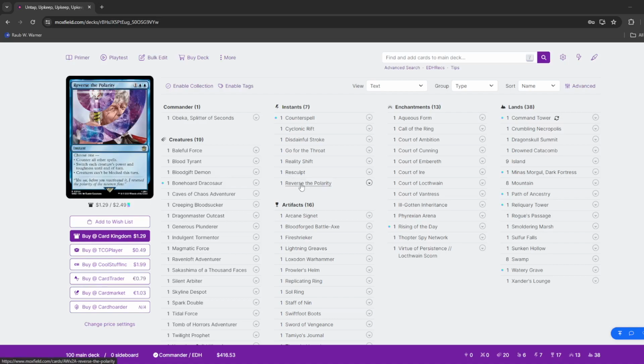One generic and two blue. Choose one. Counter all other spells. Switch each player's power and toughness until end of turn. Creatures can't be blocked this turn. So this is in here for a number of things. It makes Obeka unblockable for a turn. Somebody's trying to storm out by casting a bunch of spells. It